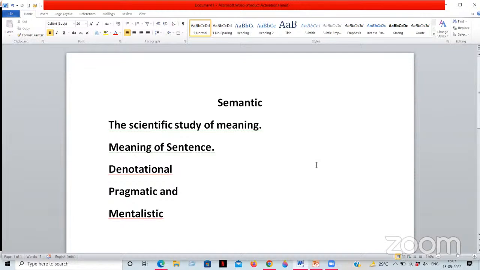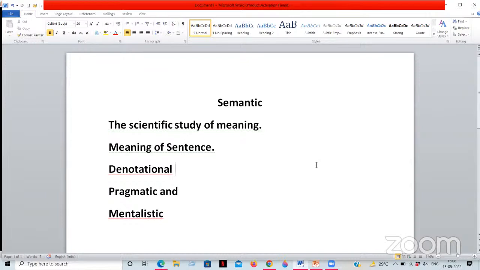So in semantics, meaning is a product that comes up through our understanding, through the culture we are sharing, or you can also say that it could be related to our mentalistic approaches. Okay, so there are three approaches of understanding the meaning of sentences. One is denotational, another one is pragmatic, and mentalistic. Okay,